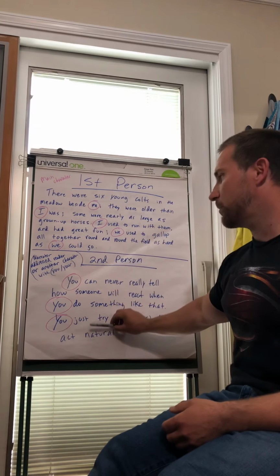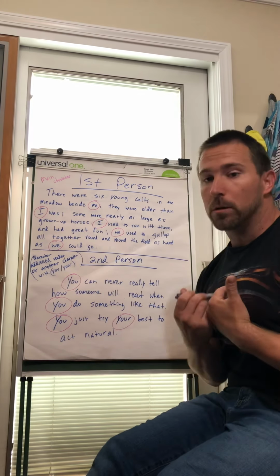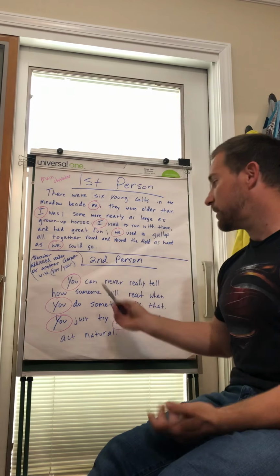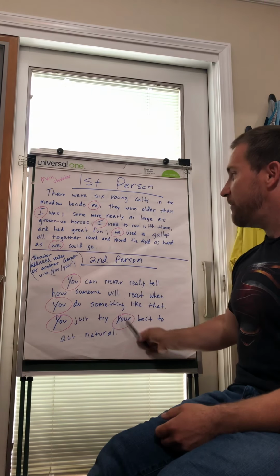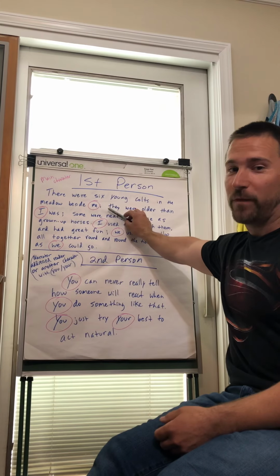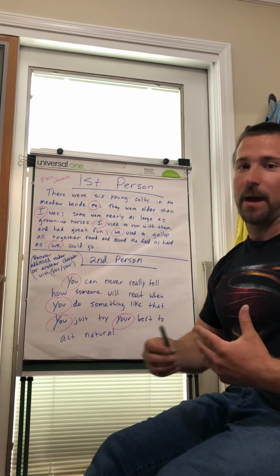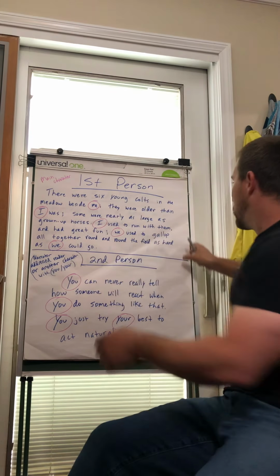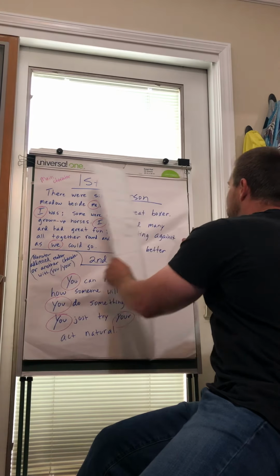So this is second person point of view. They're speaking to the reader, okay? And within that same passage, they may very well go back to first person point of view to tell you about something that happened to them, okay? So that's first and second. Now we'll do third person.